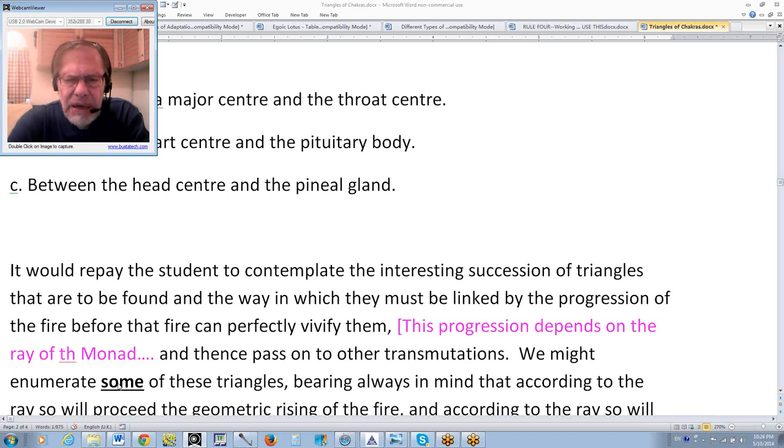Well, anyway, let's just say that when you look at the different arrangements of the centers, they sometimes skip a center in order to express the kind of energy that has to be expressed. When I think of the psychologist, it's the head, the throat, the heart, and the solar plexus, but the ajna center is skipped over. And, of course, out of those four, you can make various types of triangles. So only some of the triangles, but important ones are here listed, bearing in mind that according to the ray,